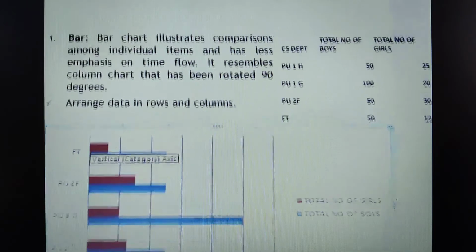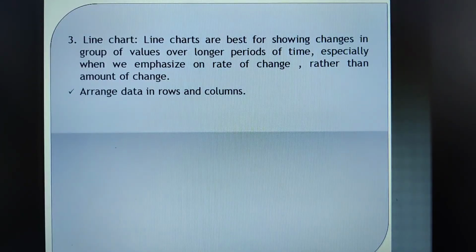Moving on to the next kind of chart, we have the line chart here. So when to use the line chart? As I said, when you have to compare values over a long period of time, wherein you give more importance to the rate of change rather than the amount of change. By how much percent you have made a profit this year, or by how much percent you were in loss compared to the previous years, or the past 5 years.